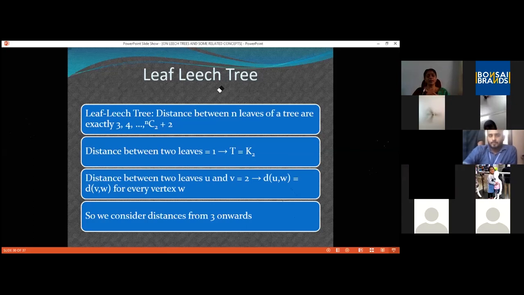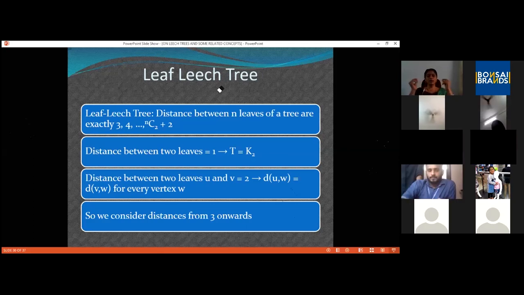Now, why is the path weight 2 avoided? Assume that U and V are two vertices which are at a distance 2, which means U and V have a common neighbor W. You can extend this tree from W. You cannot disturb U and V. They are pendant vertices or leaves.